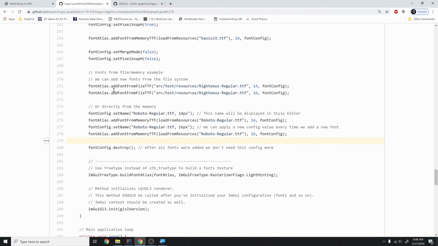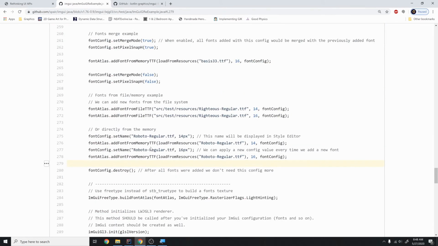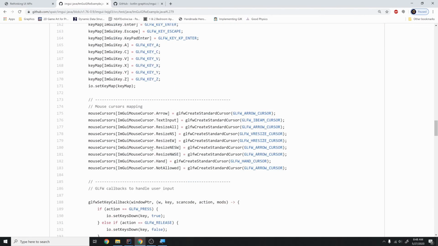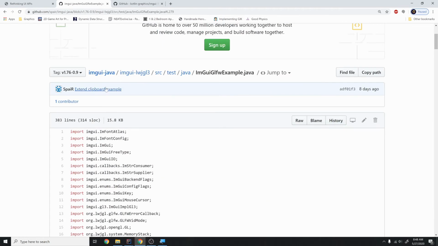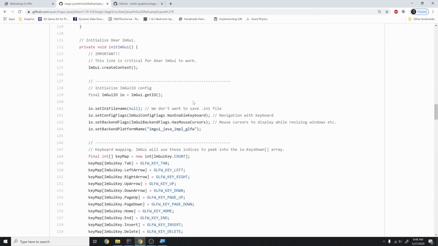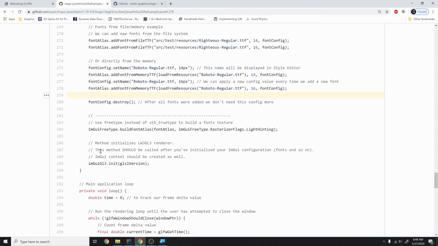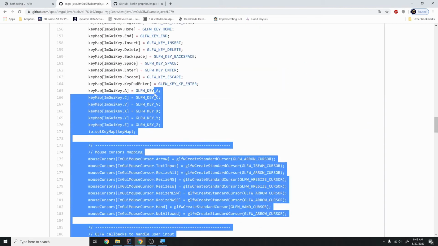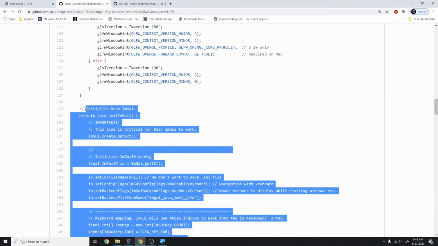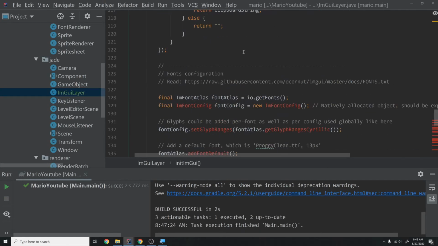We'll click onto that ImGui GLFW example. Do that one more time. So click onto this because this is where he shows us his entire example file, and you'll notice that this is just a giant example of how to use it. So what we're going to do is copy this whole function, and then we're going to start removing stuff too, so don't worry. We're going to copy all of this because this is the init ImGui function, and we're going to go back into here, and I'm just going to copy and paste that all into here,